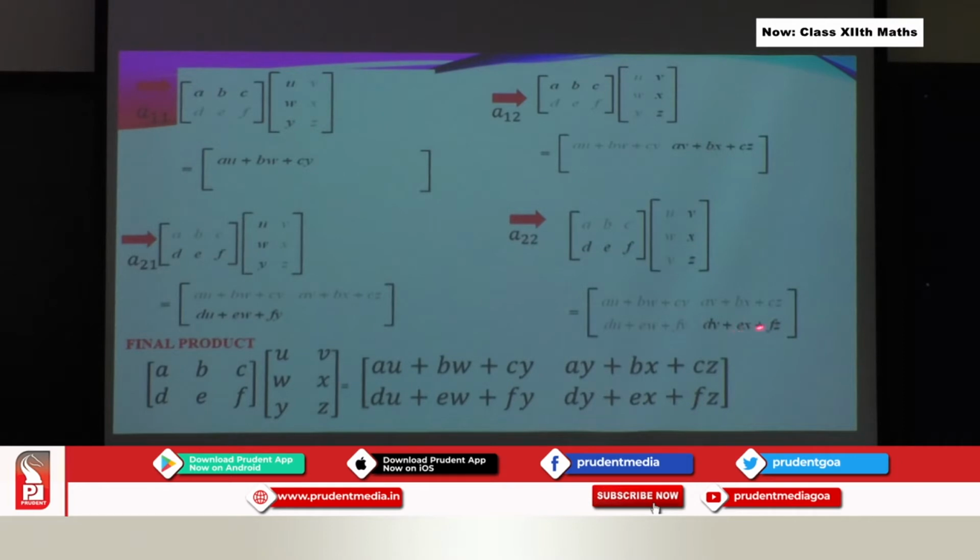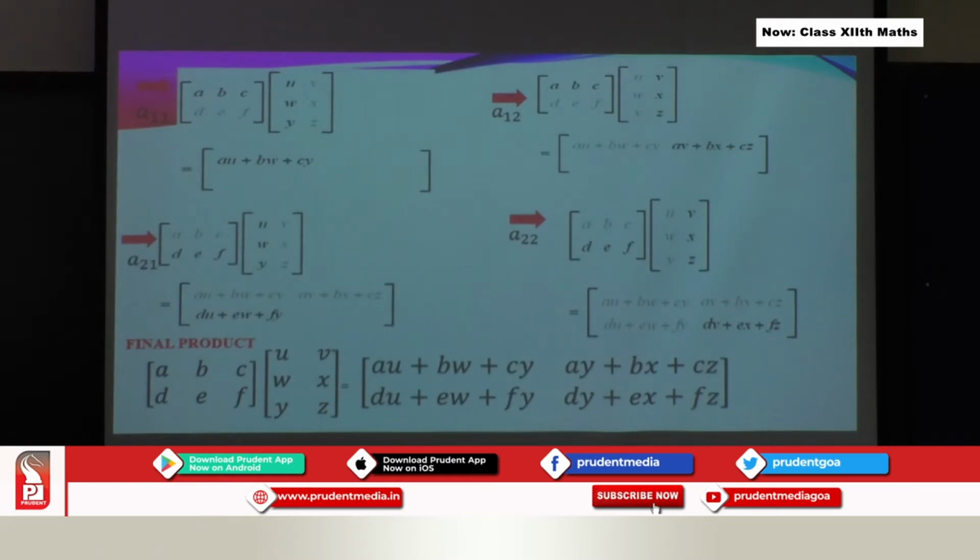Okay. Now over here, see how I get to know the structure of the matrix. This matrix is of what order? This matrix is of 2 by 3 order, right? Now this matrix is of what order? 3 by 2 order. So 2 by 3, 3 by 2. So 3, 3 same. So what final output am I getting? What are the leftover entries? Here 2 cross 2. So I am getting 2 rows and 2 columns.